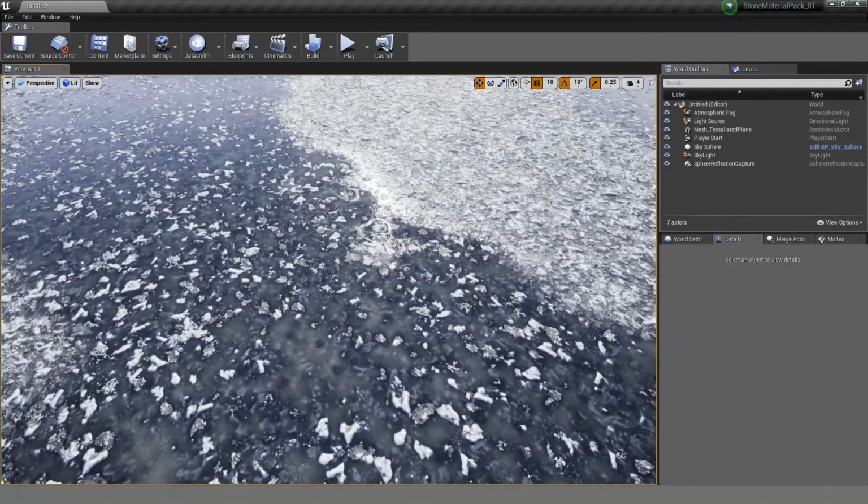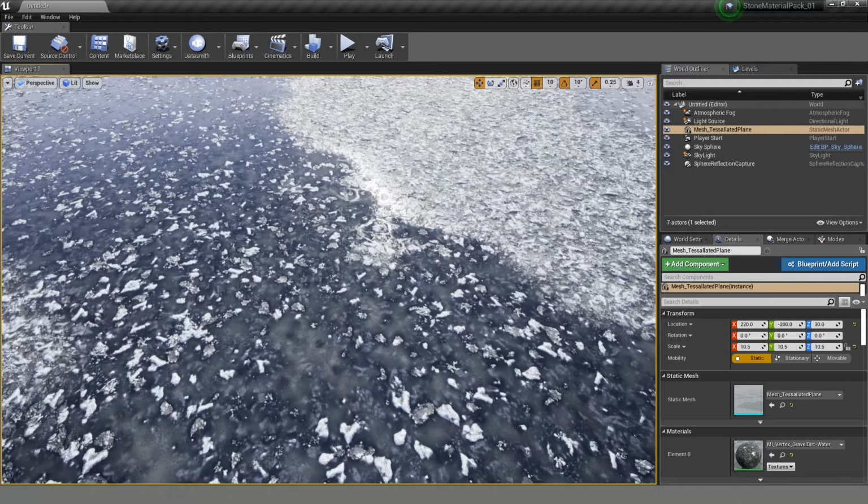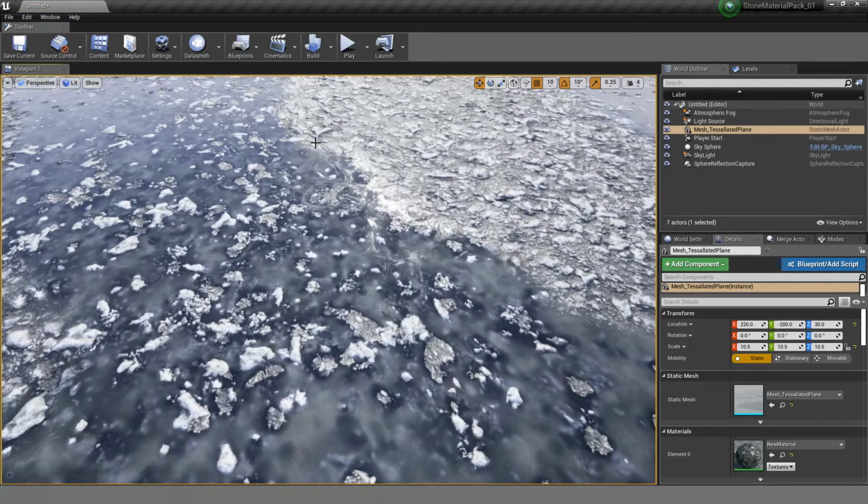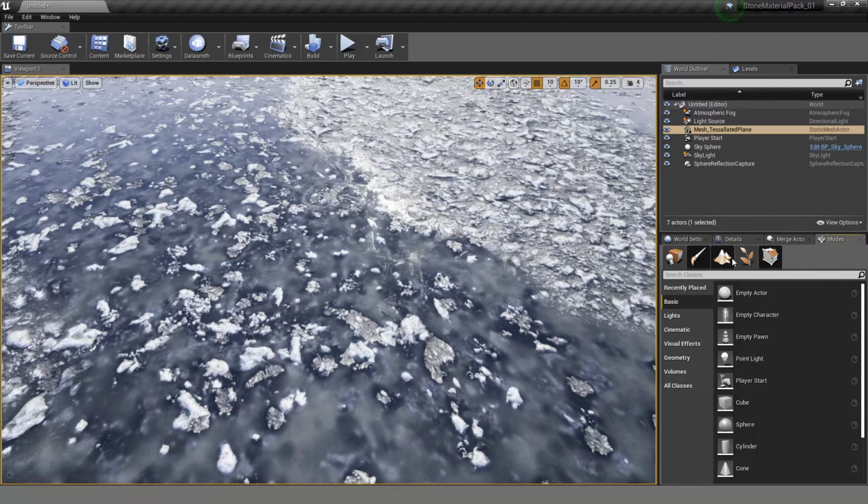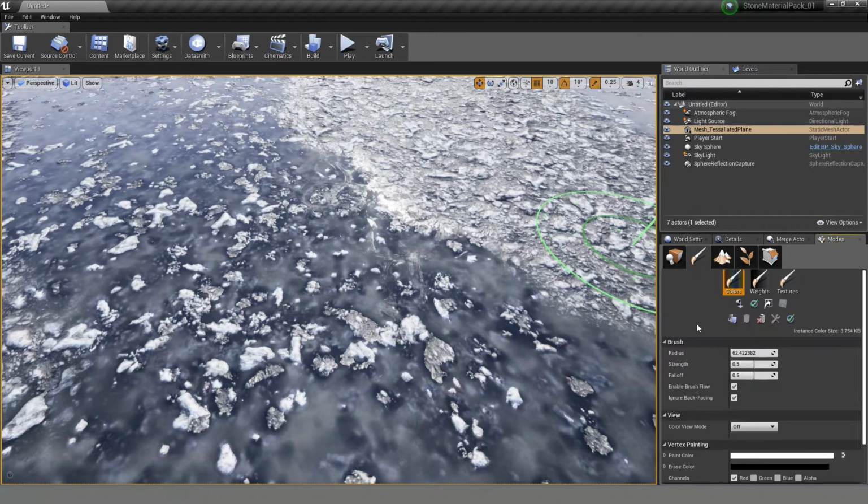I will close this. I will select this and drag and drop the material. You can see that it's a little bit scaled. The one that I initially showed you, I played a little bit with the UVs. And now the way that it works, when we have our plane selected, we go to modes, then we go to paint, and here we have color. We select down here on the channel on which color we want to paint,